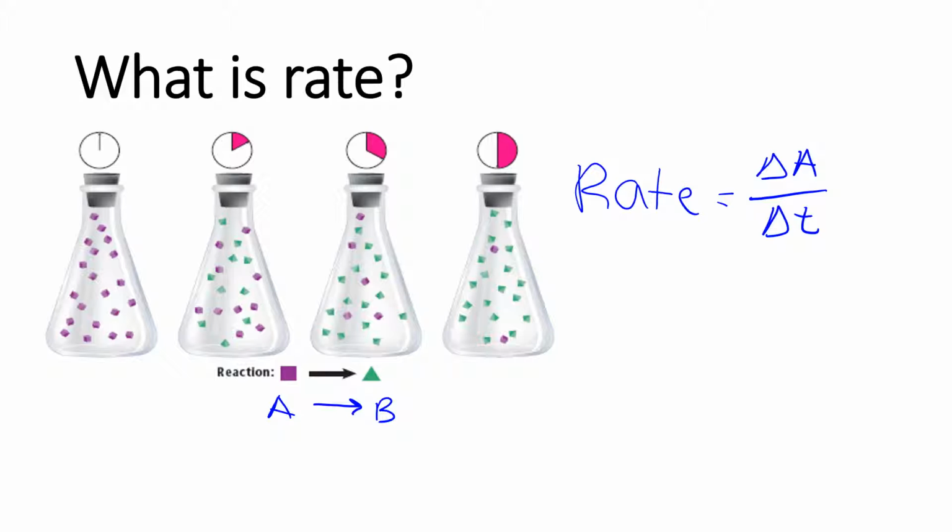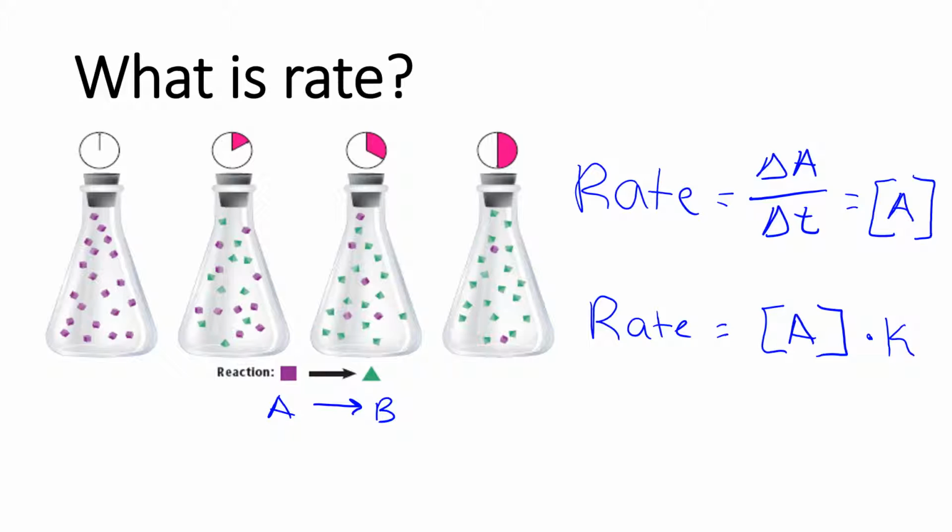And what we're talking about is how the concentration, and brackets means concentration, of reactant A changes over time. So we're really talking about concentration. And so our rate law can be sort of summarized as how the concentration of reactant A changes